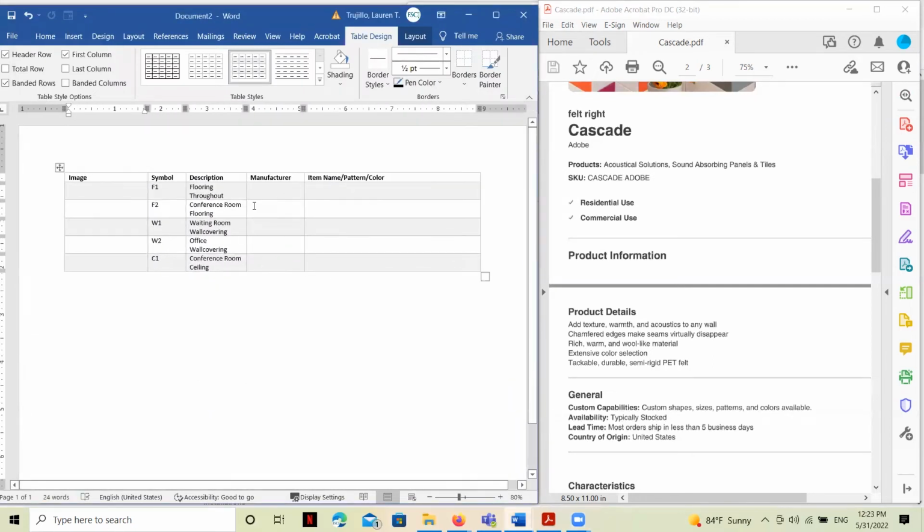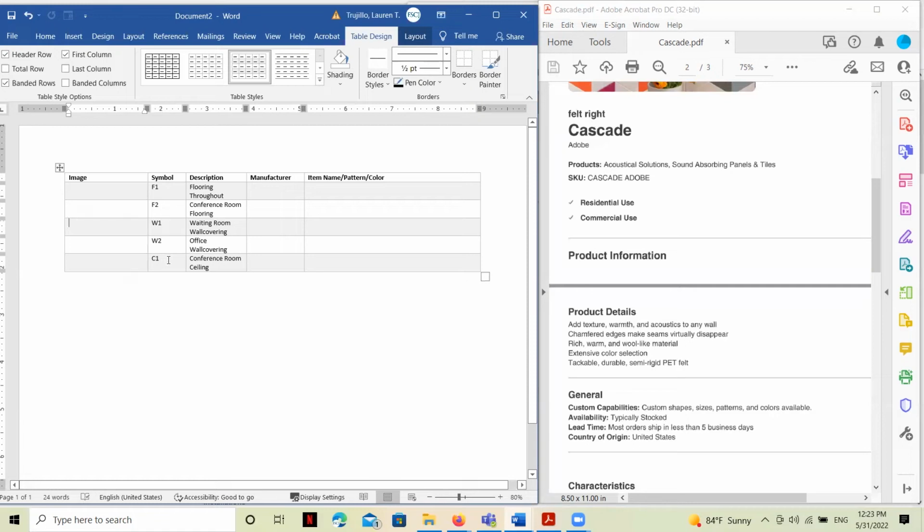This is just a very simple table created in a Microsoft Word document. I have the symbols that corresponded to the finish plan placed here, in a certain order so that it makes sense: flooring finish 1 and 2, wall finish 1 and 2, and then ceiling.